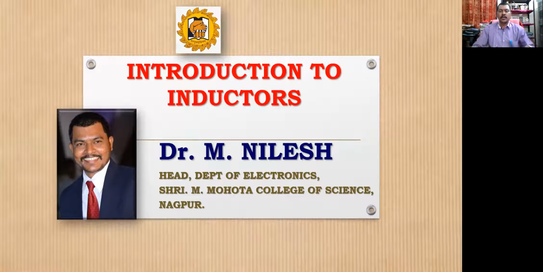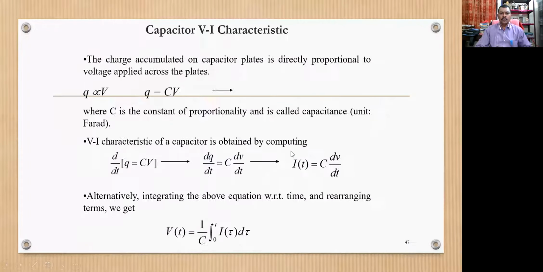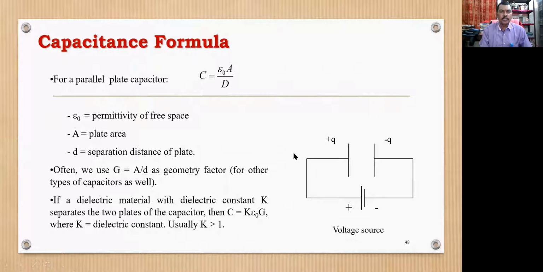Just let me start with some of the fundamentals that we have studied in the last class. So we have started with capacitors, capacitor VI characteristics we have studied. Then we have studied the capacitance formula, and a capacitor is nothing but two conducting plates separated by a dielectric medium. I guess you understood the concept of capacitance. Now, let me tell you one example of it, just so you will have a practical knowledge.